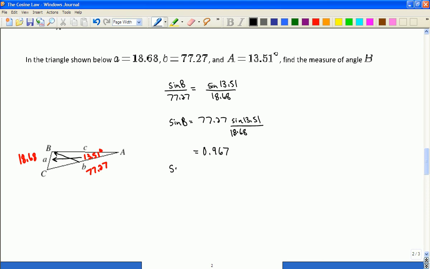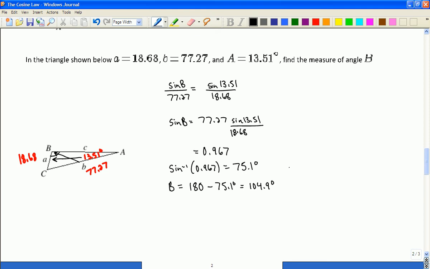So if I use the inverse sine in order to get what that angle was, then I'm going to have 75.1 degrees. Now remember, when you're dealing with this scenario in the sine law, you have to think about the ambiguous case, and in this case 75 degrees is not correct. That's more than 75 degrees. That's an obtuse angle. So the angle I'm looking for is actually going to be 180 minus 75.1, which is going to be